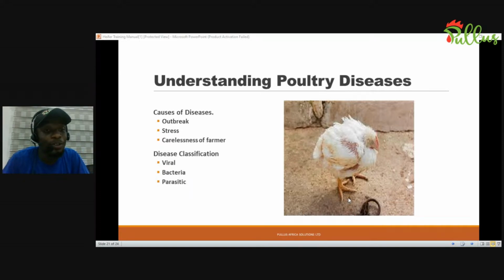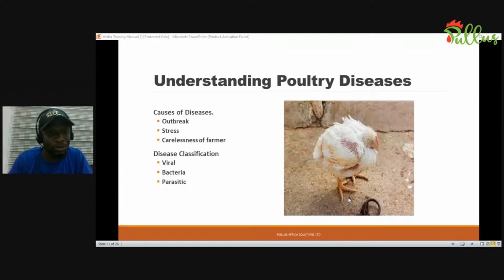I have one of our farmers who told me, because I was following up with her birds, the last batch that she's raising, she said, Doctor, this thing is like magic. Every time I used to use drugs, I'm always using drugs. But this one that you are teaching me, I'm not using drugs all the time. Is it magic? I said it's not magic. I've only taught you how to improve your biosecurity measures, which means your birds are not falling sick like before, which means you don't have to use more and more drugs like you used to.